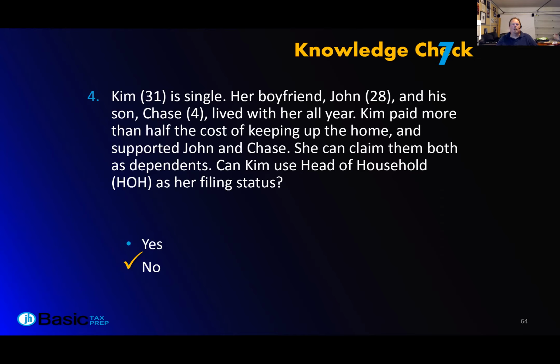Now let's think about this. What is their relationship test? Are they married? Are they a qualifying relative? Guess what? They failed that test. So you have to think about it in those terms. I know that this is sometimes hard, because you want to read everything in the test and assume that every part of every question is part of the test.